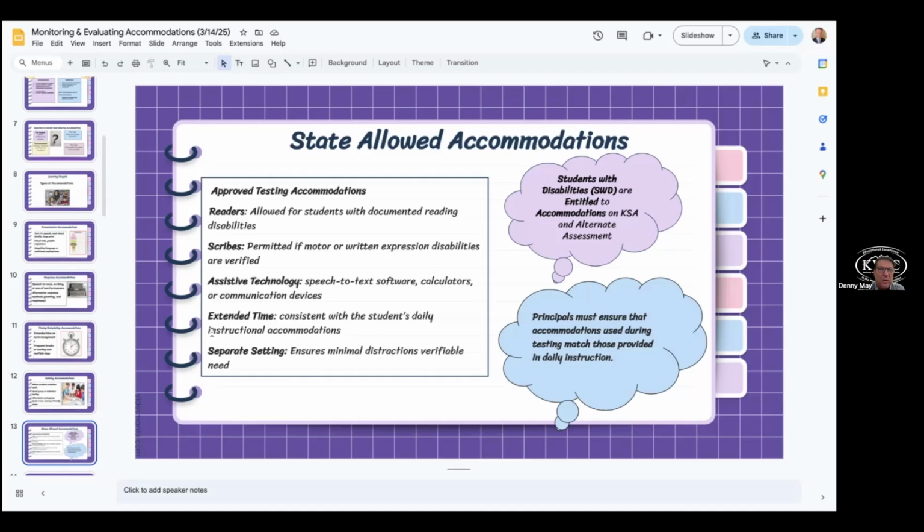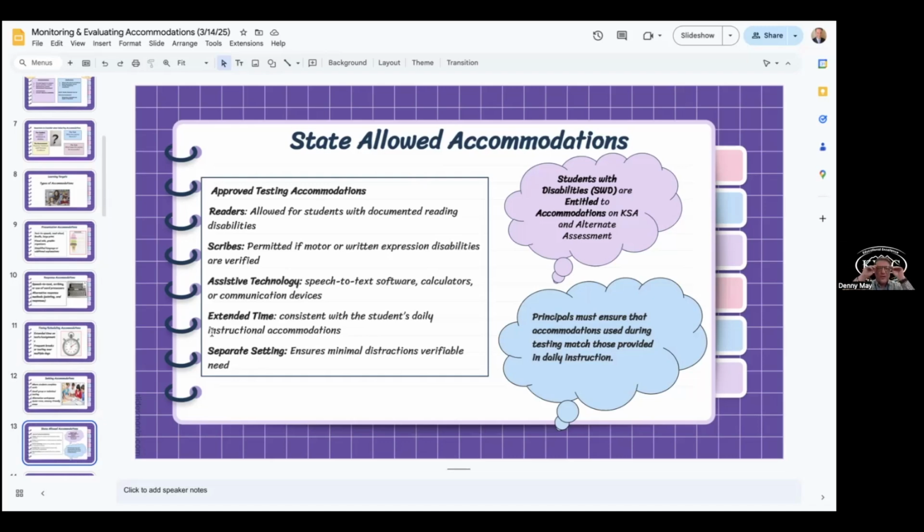We were giving a non-human reader, and we were putting students online, or we were giving them audio tapes, and it wasn't matching what they were getting consistently. So as principals, we need to be thinking about whether we are getting a one-to-one situation, in terms of providing this type of accommodation, and when we go to the testing situation, we're doing the very same thing.